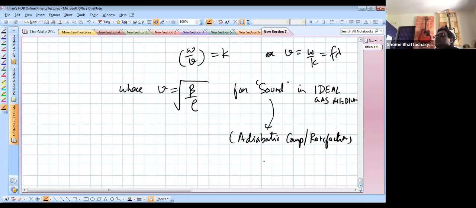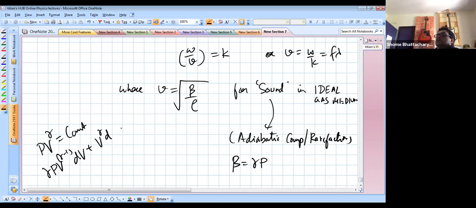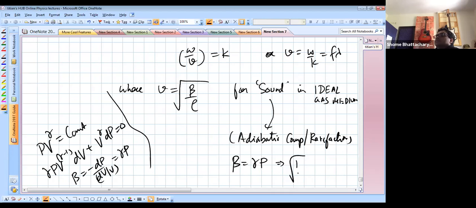So the adiabatic Bulk's modulus, you know, is gamma P, because you have PV to the power gamma is constant. So gamma PV to the power gamma minus 1 dV plus V to the power gamma dP is 0. From that, Bulk's modulus, which is minus dP divided by dV by V, becomes gamma P. Therefore, the square root of Bulk's modulus upon density becomes the square root of gamma P by rho, and further